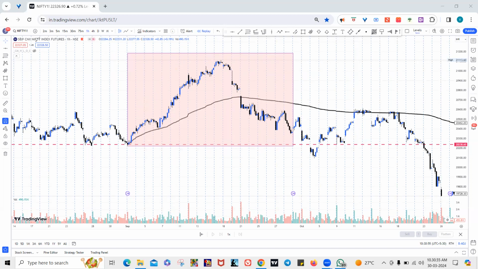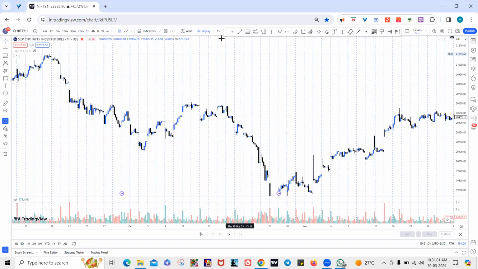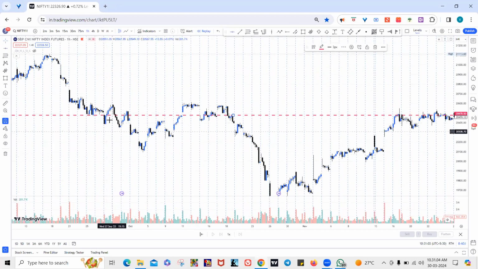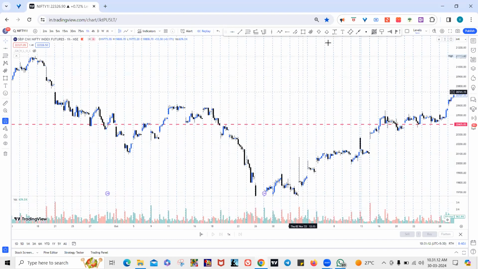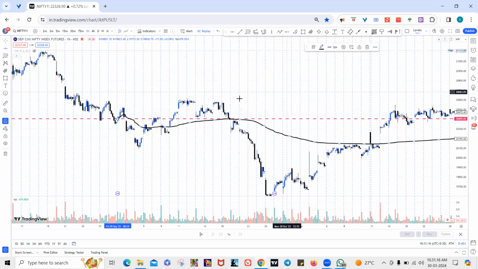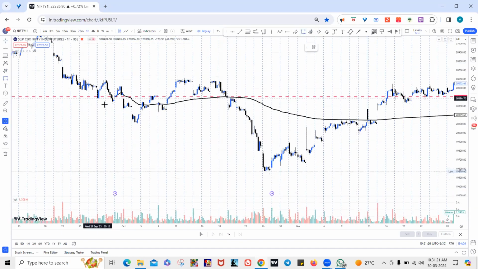And then yeah, removing the drawings and moving on to the next month, which is the October series. So October, you can see that the price opened somewhere here. Sorry, this is not it. Yeah, this was it. September 29th is the opening for the October series, and then you mark off the anchor for that particular month. Yeah, here you can see that this is a particular series where